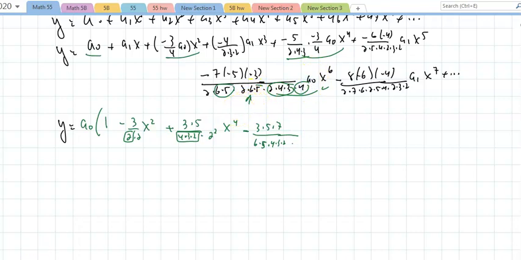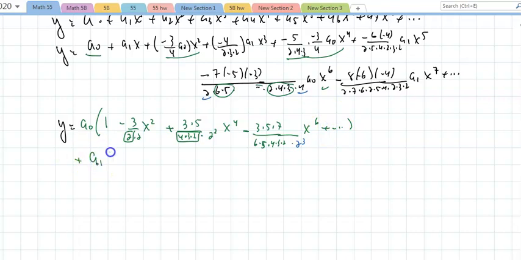I copied this twice for some reason, my mistake. So still 6 times 5 times 4 times 3 times 2, very good. I still have left 4 times 2, that's 8, that's 2 cubed, and that is x to the 6, plus the list goes on,